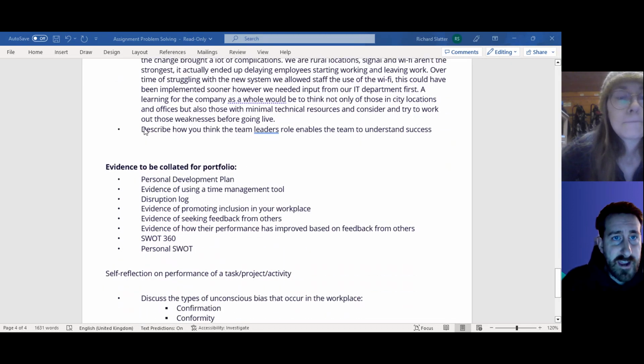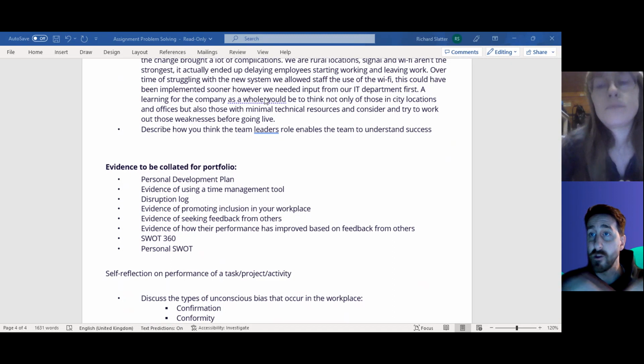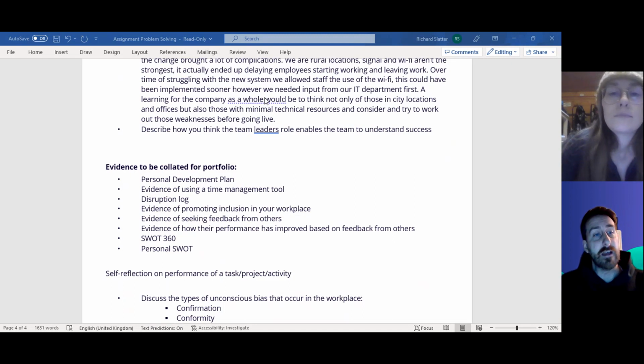And then the last question, Kerianne, will be: describe how you think the team leader role enables the team to understand success. So from that perspective, I think about the attributes that you think a leader should have. So you being a role model, the managers or leaders that you might have had or looked up to in the past? What personalities or character traits or strengths did they have to be able to motivate and inspire you as a team member? So I'd think about being a role model, being a brand advocate, an ambassador for the brand,